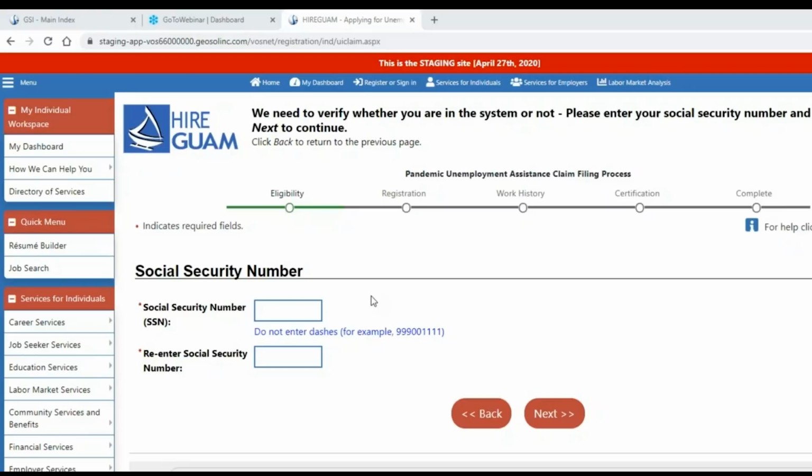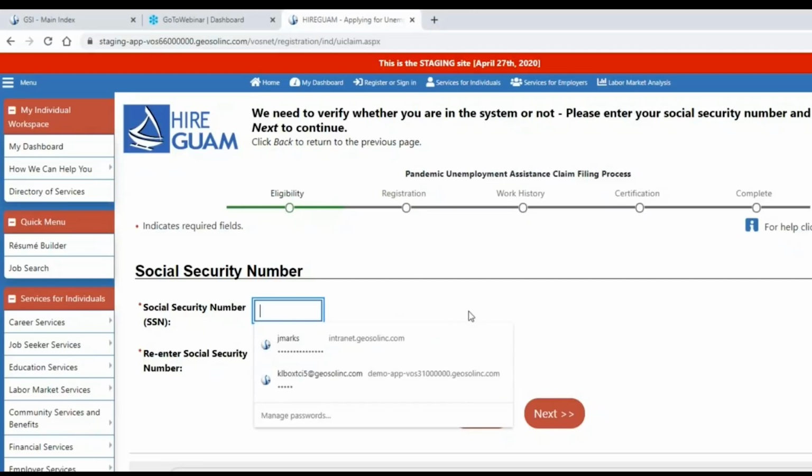So for some time now, they've been waiting to have an opportunity. And now that the PUA initiative is in full swing, the person is going to come in and exercise this opportunity to file their initial claim because they've been out of work since the middle of April. And here it is, it's going on past a month already. So we have a lot of opportunity to make up for lost time. So to start, we're going to go ahead and enter the individual's social security number